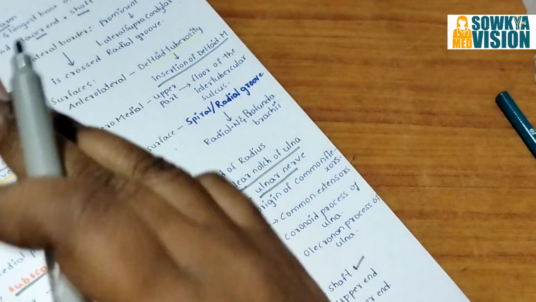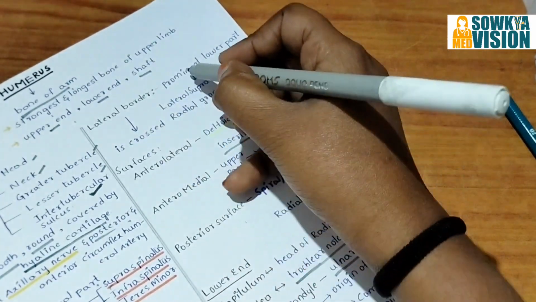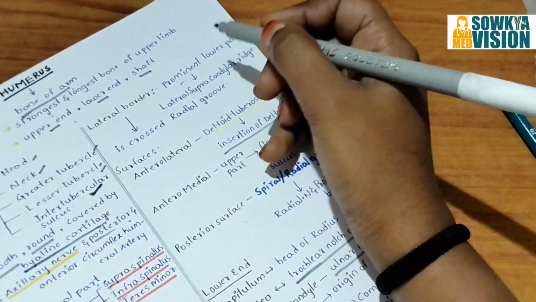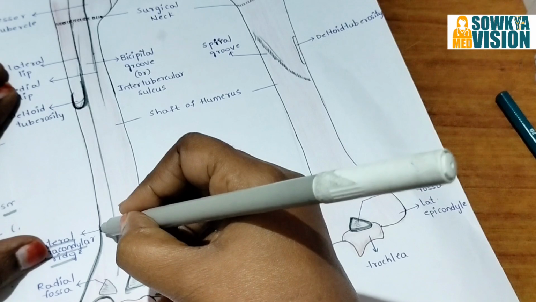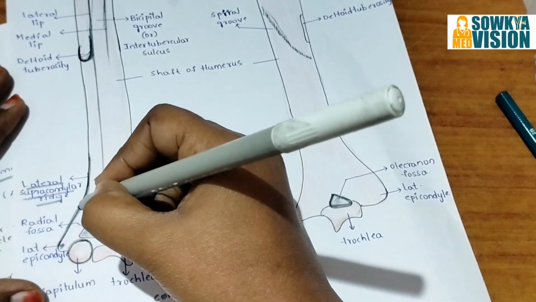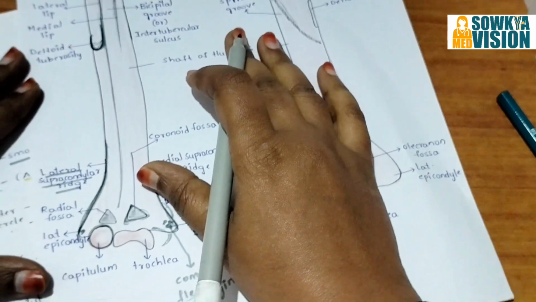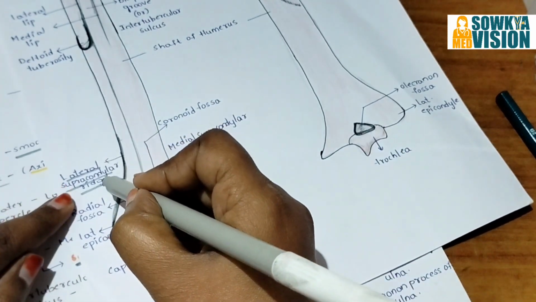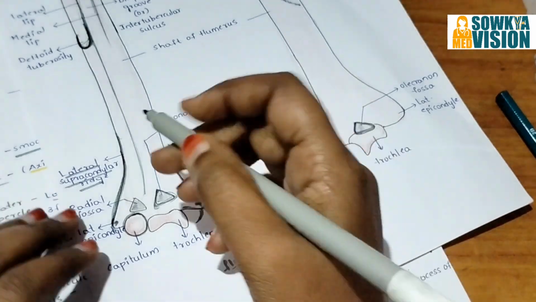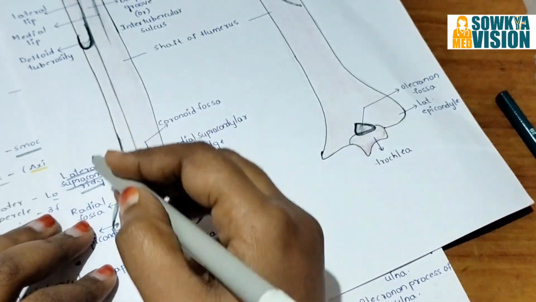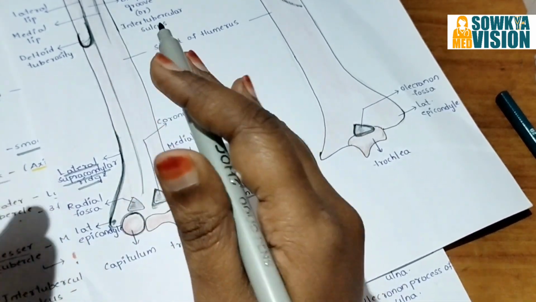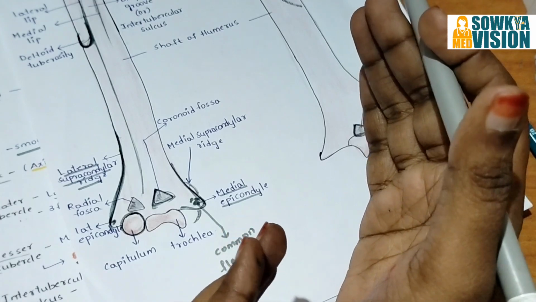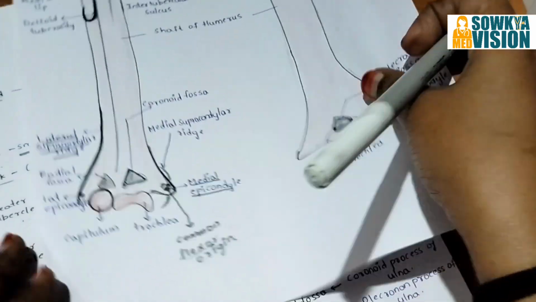And next, third border is the lateral border, which is prominent in the lower part. Yes, this is the lateral border, which is very prominent in the lower part. See, forming what? In the lower part, it forms the lateral supracondylar ridge. Yes, it is forming a ridge in the lower part known as lateral supracondylar ridge. So similarly, there is a medial supracondylar ridge on the medial side. Yes. Now